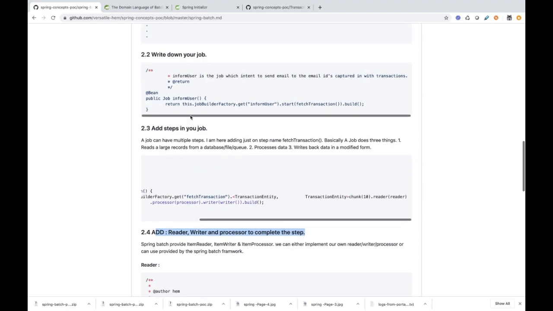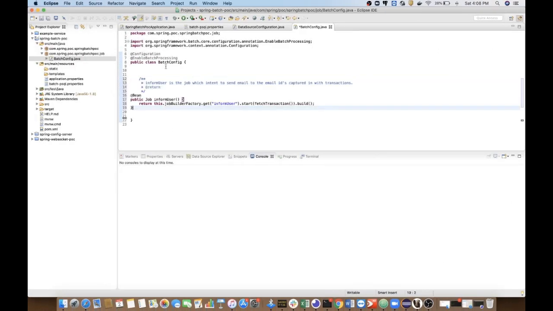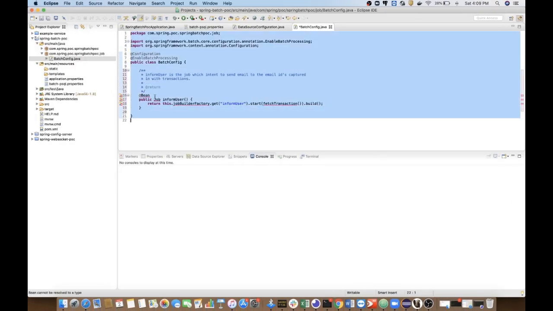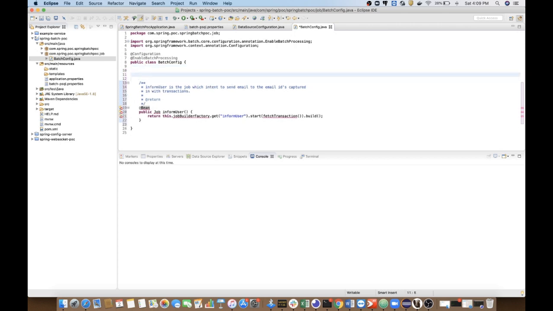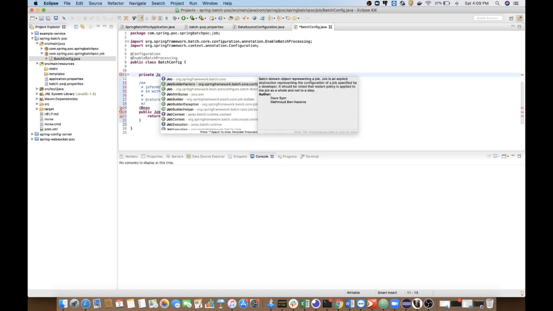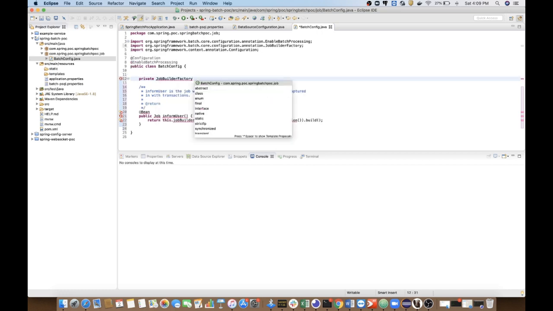Okay, so we'll go step by step. First of all, we need to create a job. So here it is. We need to provide the job builder factory for creating the job.